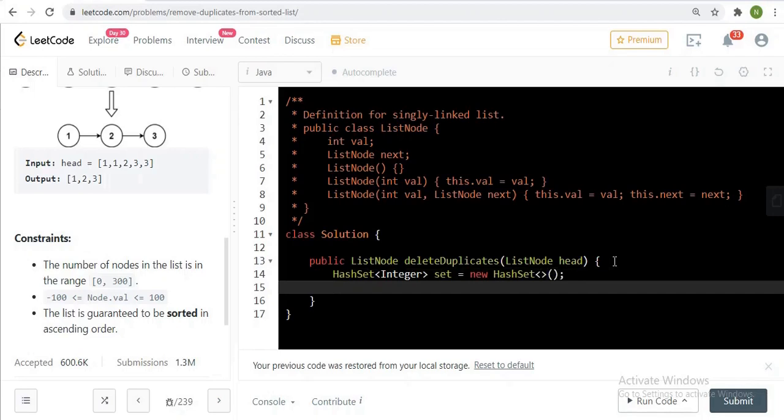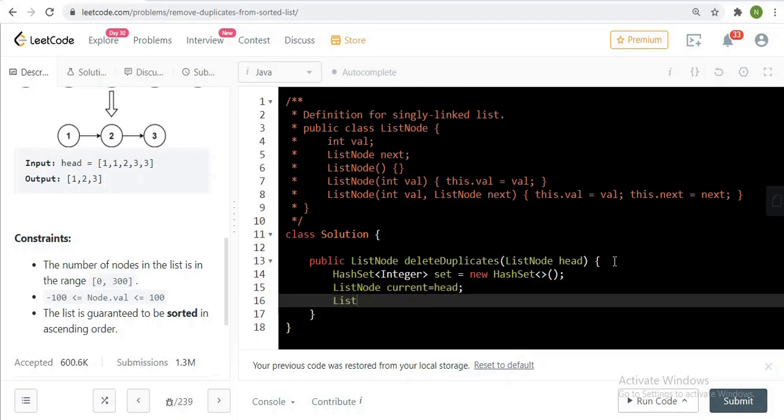Now create two list node type. First is list node current, which is pointing to the head initially, and second one is list node previous, which is pointing to the null initially.